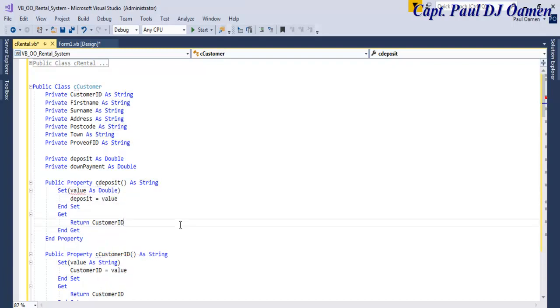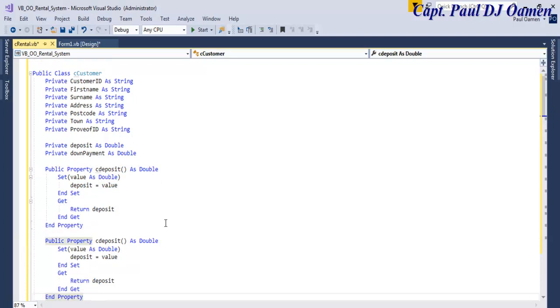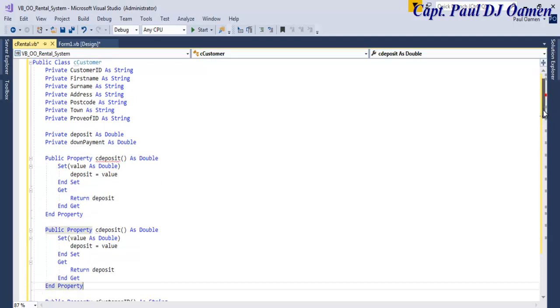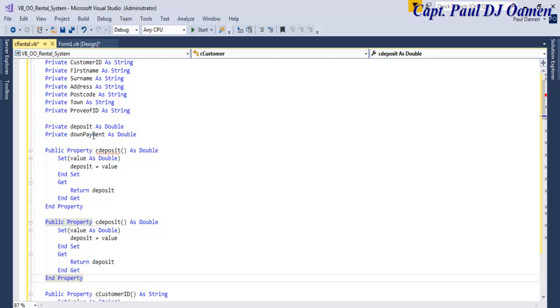Okay, this is double as well, and this is deposit, right? And one more, and hopefully we wouldn't have to carry out any more changes here. So the next one is going to be down payment,